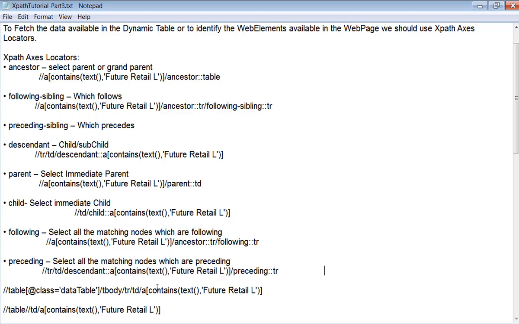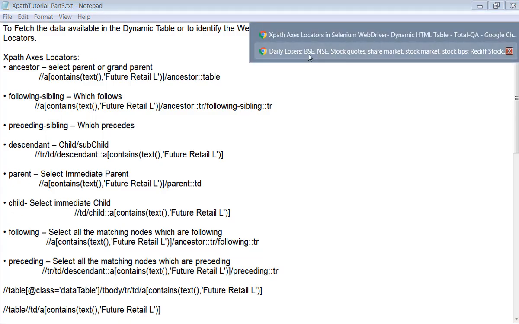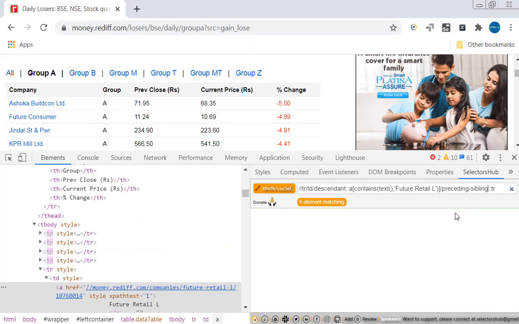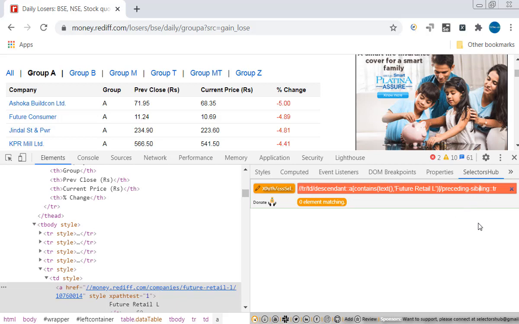Now, what should we give to select the rows only in the table? We can just simply select here preceding sibling. Preceding sibling.